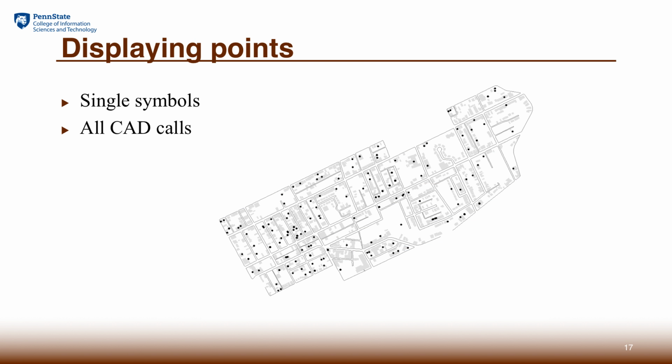If our question is about where the events or features occur in space, we can simply display the points as single symbols that convey only the location of that event or feature. For the map on display, we show all the crime accident reports that have occurred in the business district. We don't tell the difference among those events and only show the location.